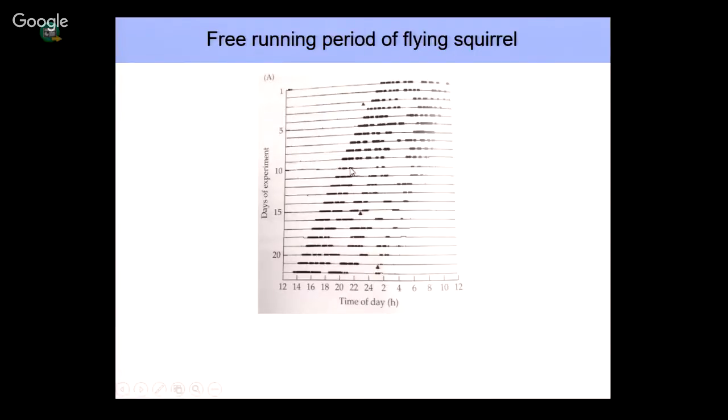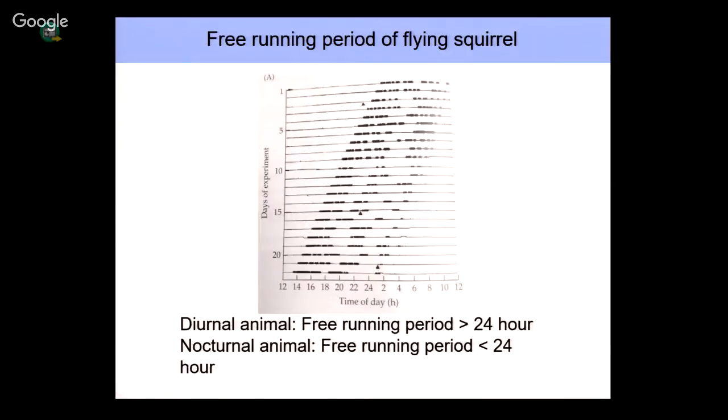For most of the diurnal animal, we have our free running periods longer than 24 hours. And for most of the nocturnal animal, they have their free running periods less than 24 hours. So there's almost no animal have their circadian period, free running period, exactly 24 hours. So I will explain this a little bit later, but there's almost no animal have the exactly 24 hours circadian